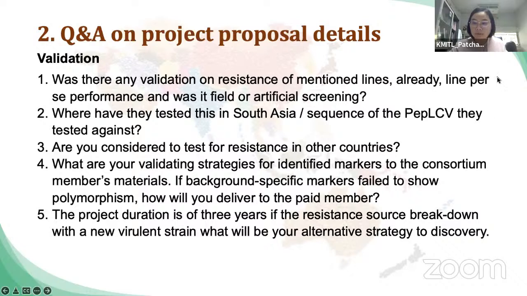For the first question, for the resistant lines, what performance in the fields or artificial inoculation screening? For PEP 6 and PEP 12, yes, we screened in fields the first time, and after that we screened by grafting and whitefly methods. And we confirm that it can be resistant, but the resistance is still segregating in the F6 populations. We never tried in South Asia before, but we tried screening with PEP Thailand species and Indonesia species. PEP 12 can be resistant to both Thailand and Indonesia. And PEP 6 can be resistant to